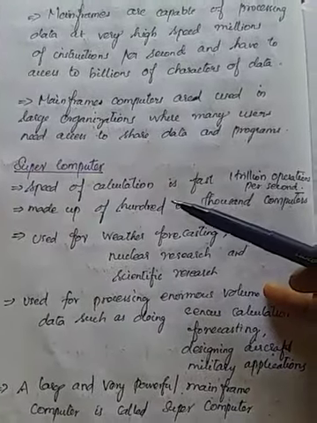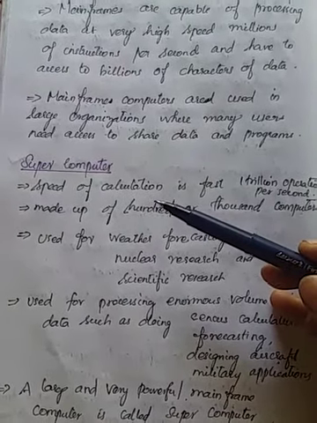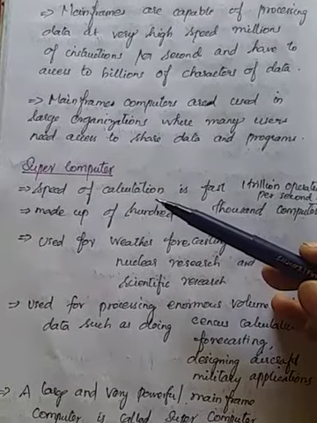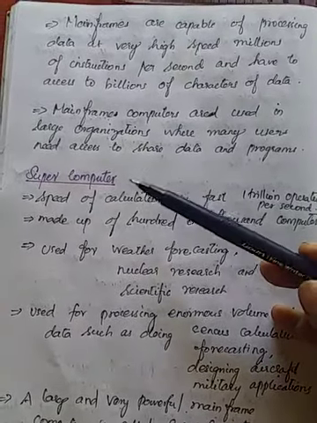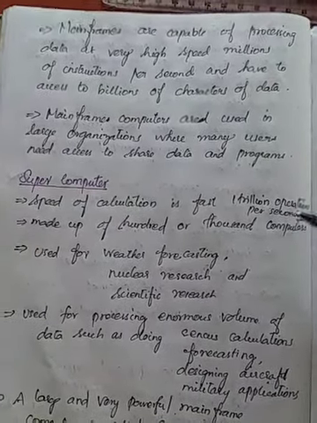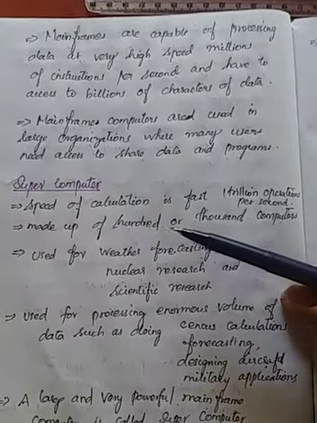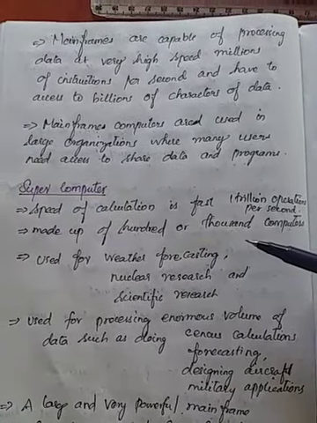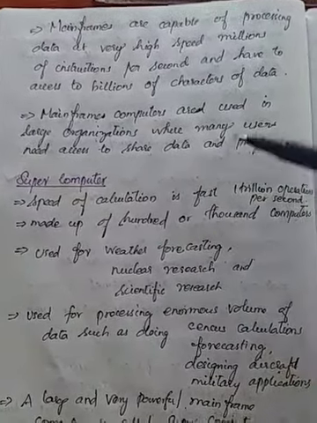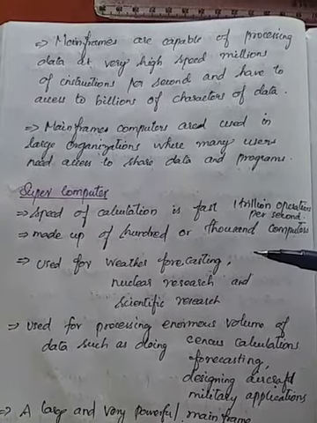Supercomputer. It is meant for fast speed, and very complex operations or applications can be designed or computed using the supercomputer. That is, 1 trillion operations per second can be executed by a supercomputer. Here it is made up of hundreds or thousands of computers. In mini computers, a few hundred computers are used, but here